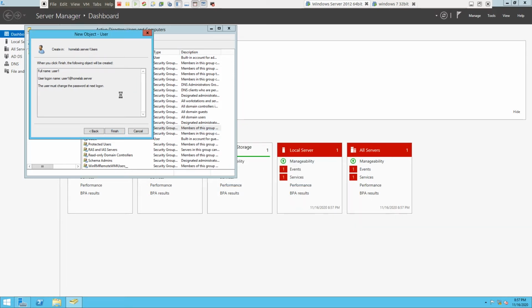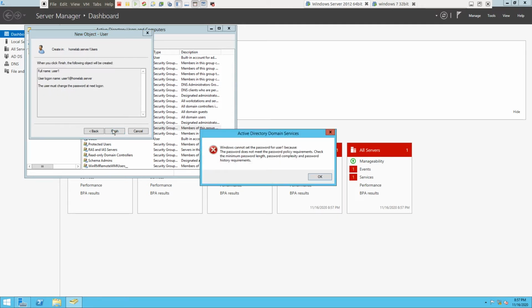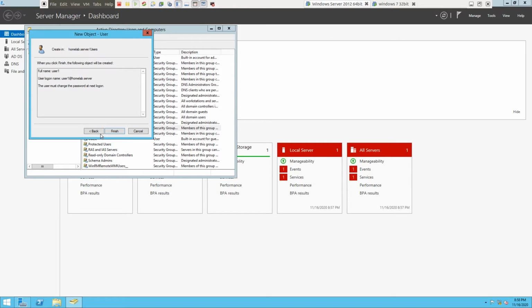So you need to set a strong password. Click back and set the password. Now click on next. So it's still alright. Now let's configure the strong password.